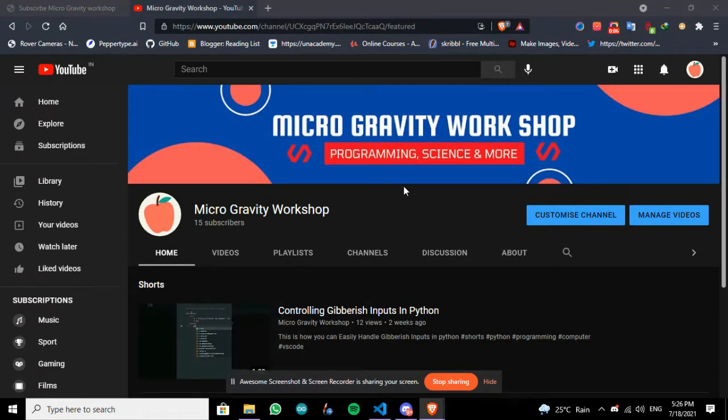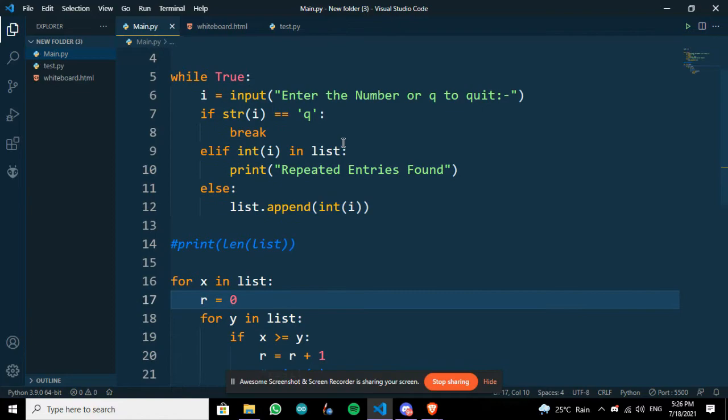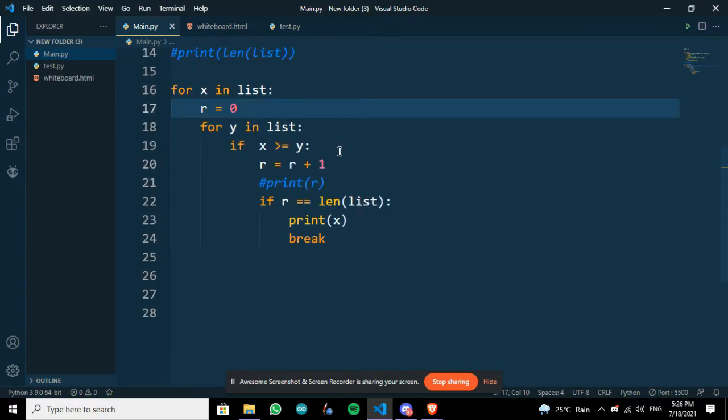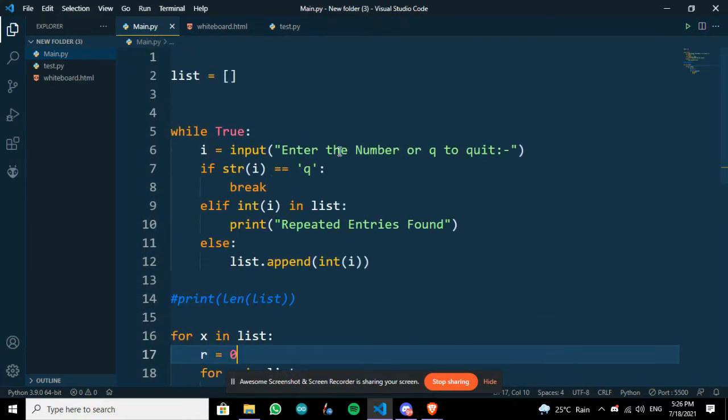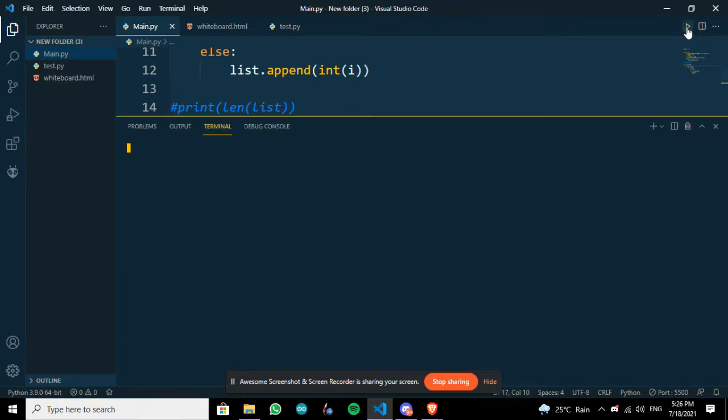an Python program using which you can find the greatest numbers. And here the best part comes, like you can input as many numbers as you want. So let's quickly jump into VS Code. So yeah, this is the code that I coded, and I will try to explain the logic behind this code. So let me run this code.